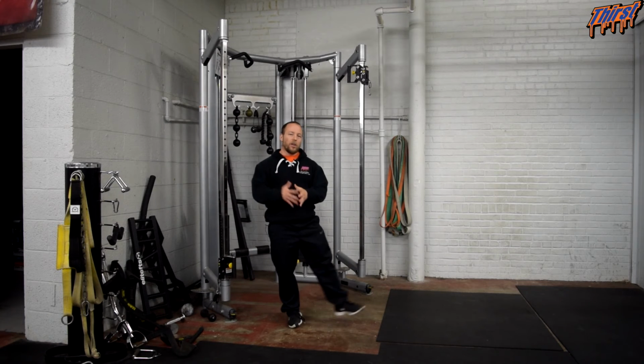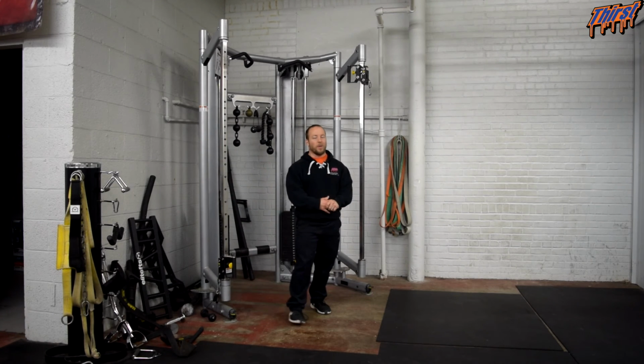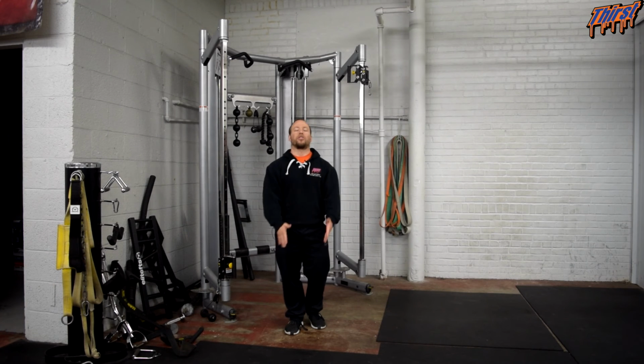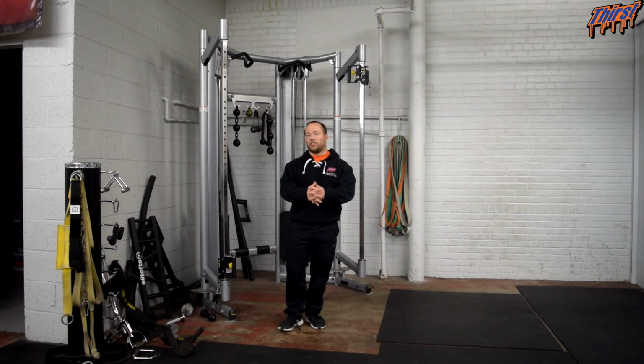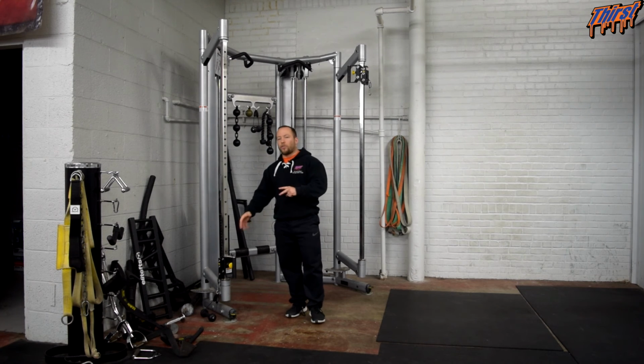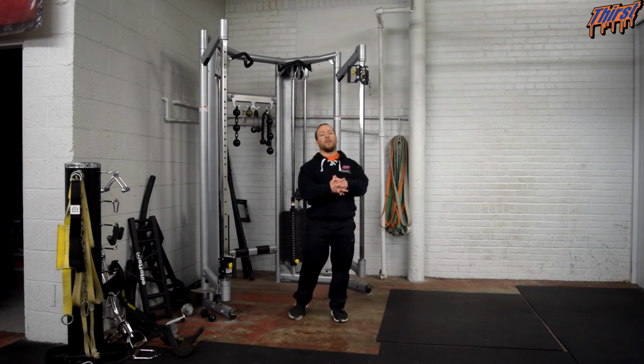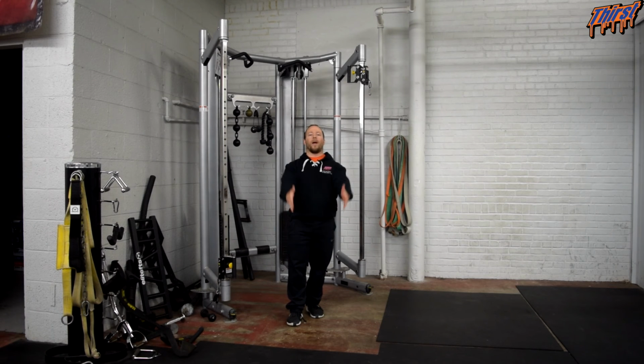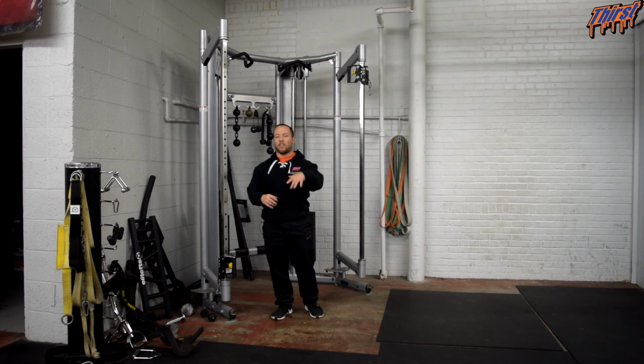Honestly, as long as they can get a good split stance position, you can really implement this with any client that you have. Just because since we're reaching low, we don't have to worry about shoulder mobility restrictions, and chances are somebody can't reach overhead. This is a great way to hopefully get some posterior expansion on the back into that shoulder, so hopefully we can work and get our way up overhead over time as that expands and we open up new ranges